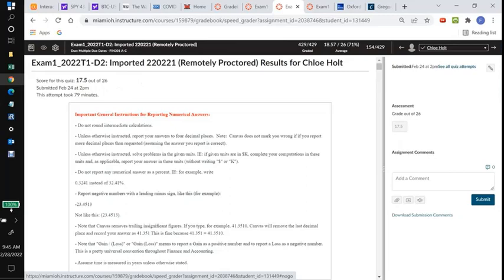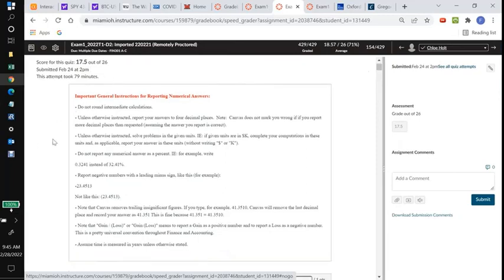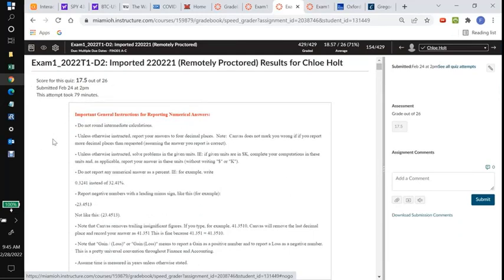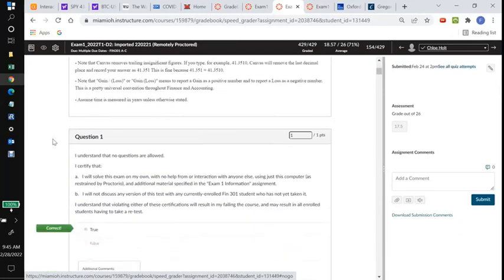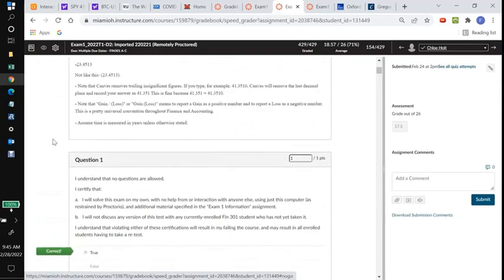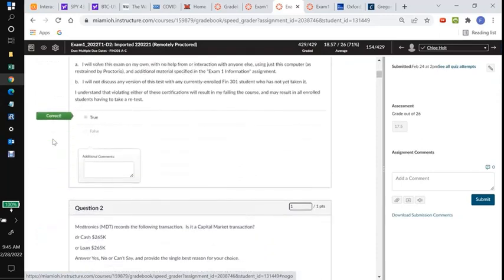So if there is a discrepancy, just take this 17.5 over 26. If this is lower than the grade book score